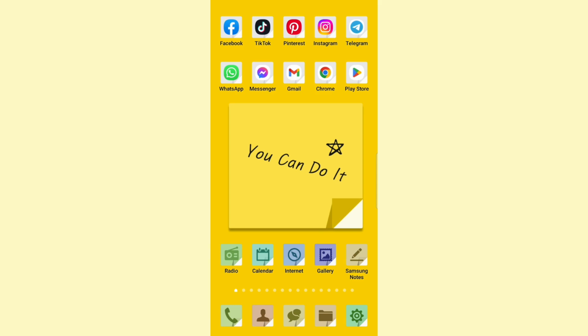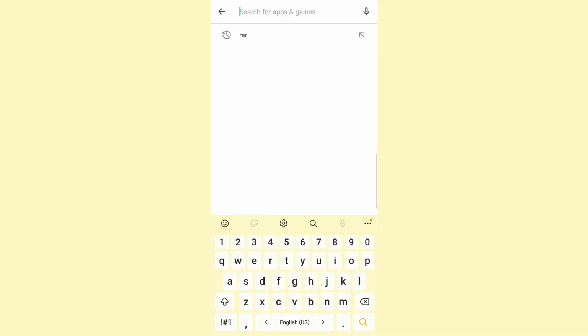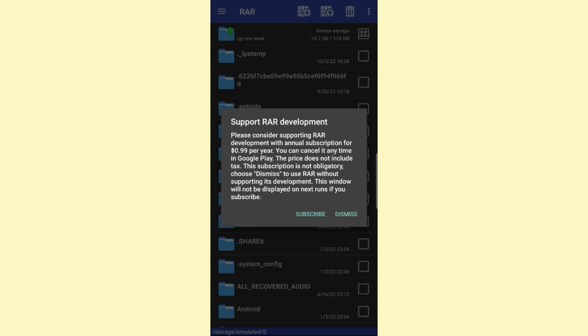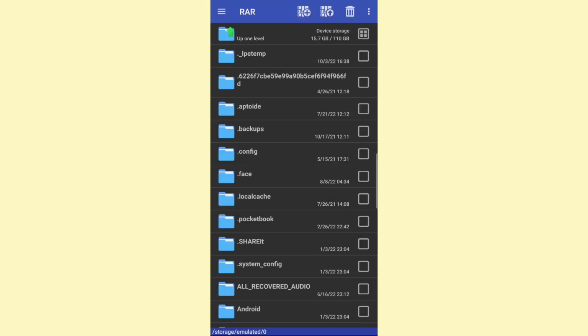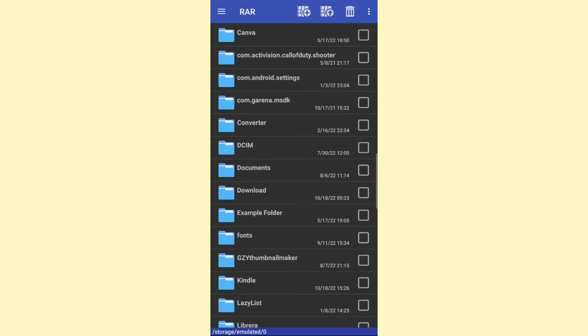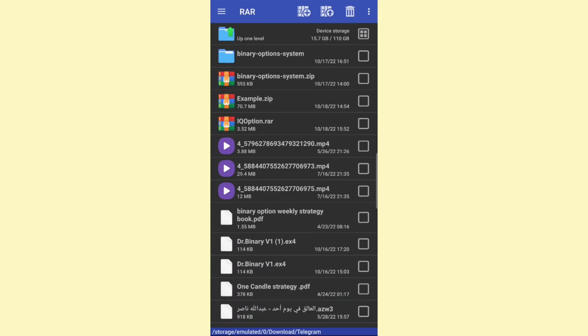So in order for you to extract the RAR files on your Android phone, you will need an app. So go ahead and open up Play Store and search for RAR, and once you have installed this app, open it, and here you will need to locate the RAR file that you want to extract. So go ahead and do that, and once you find the file, just click and hold on it,